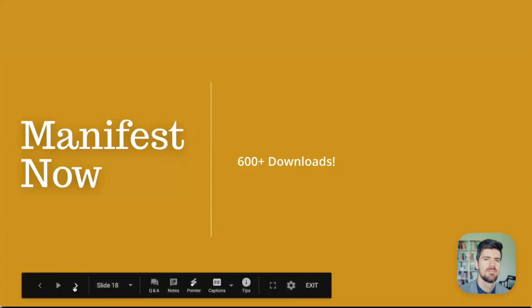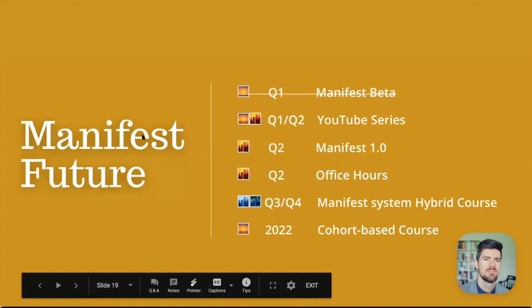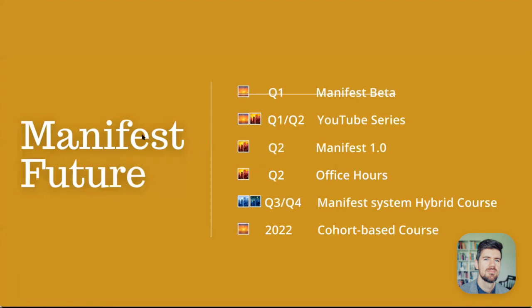And then just a quick note on Manifest. We're over like 600, but the goals for Manifest, because the response has been really exciting. So some things are in the pipeline, some things have already been started. The goal for me over the next couple weeks is doing more deep dives into key areas of the workspace, starting from the now section, which is the view where you can see today and this week, looking at how the projects are filtered and different views that can be set up for projects depending on the type of work that you're doing.